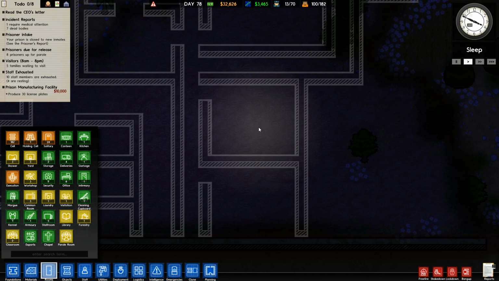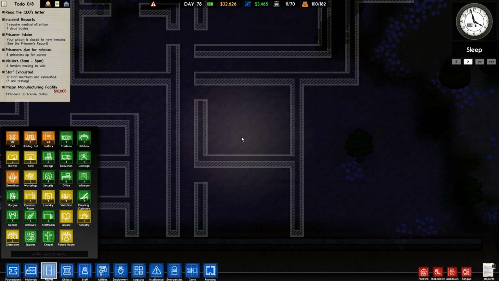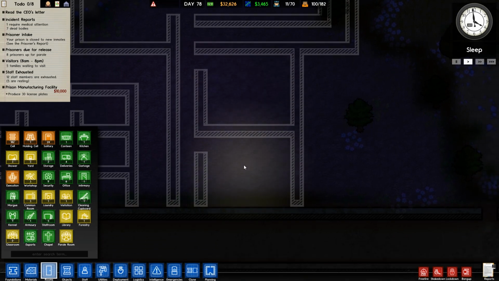We need an execution room. We really do, because some people need to be rid of, if that makes sense. The legendary guys. But I don't want to get rid of them, because I feel like this is a cool challenge. Right, so as I was saying, then we have the...